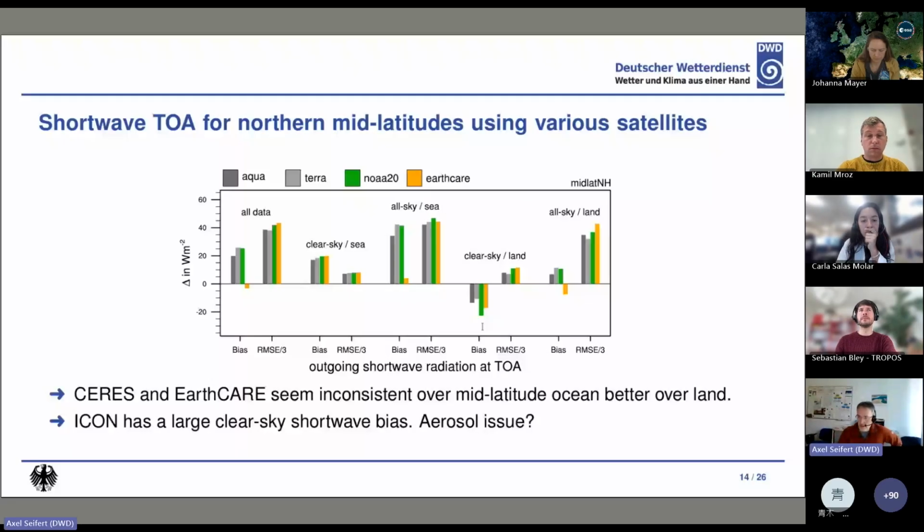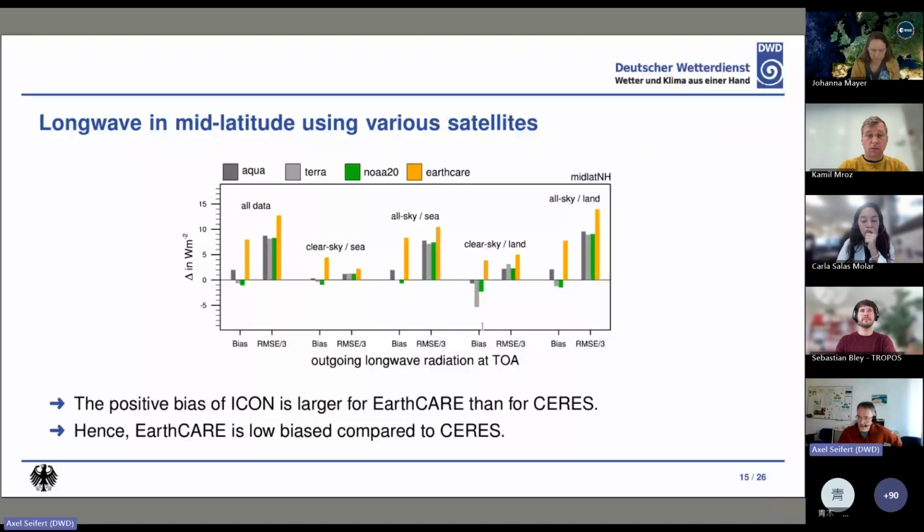And here the same for longwave mid-latitude, where you see this positive bias of ICON compared to EarthCARE. So EarthCARE has a negative bias compared to Sirius, and it's fairly consistent everywhere. So it's not a specific region or